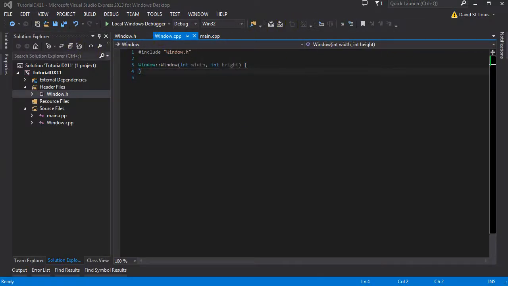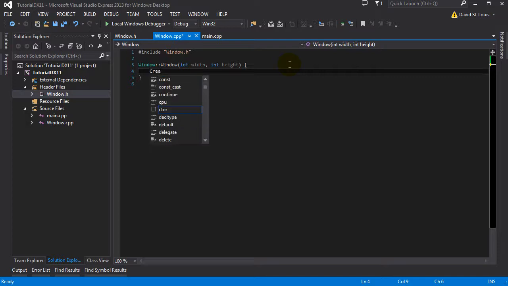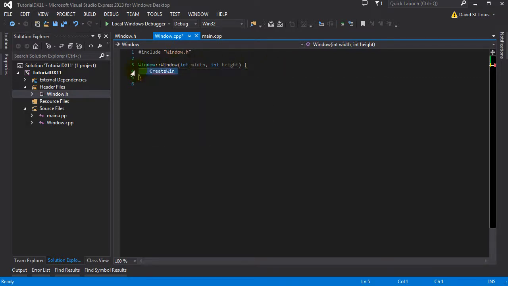All right, so we're going to create our window here. How do you do this? Well, there's a function called create window. Let's just set up some